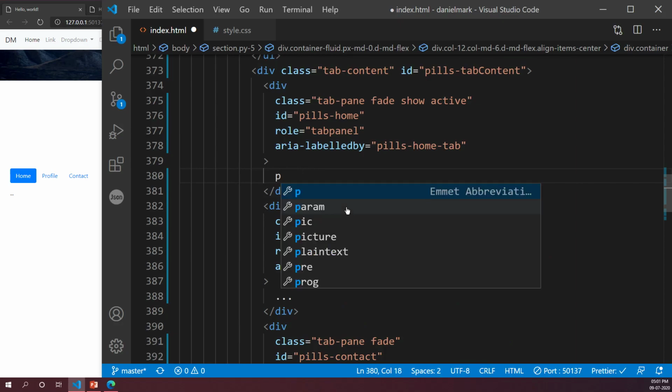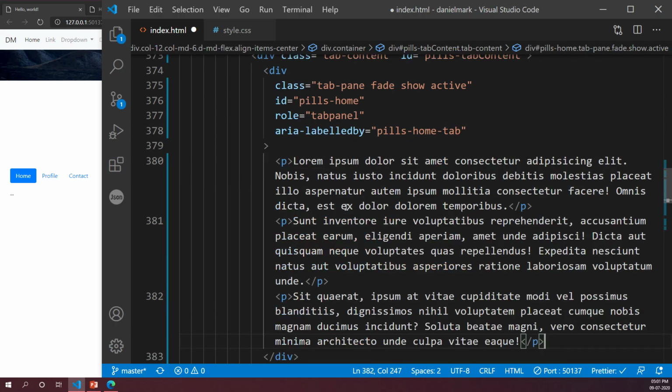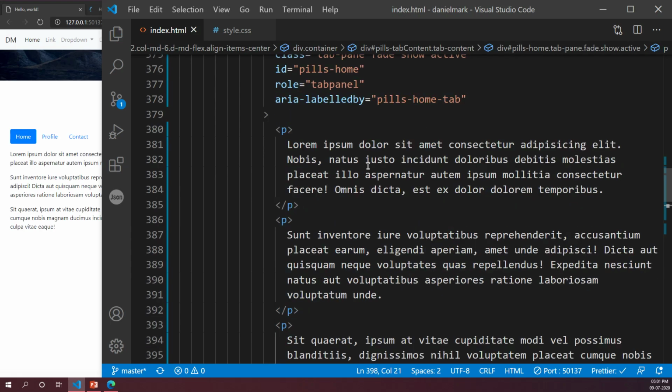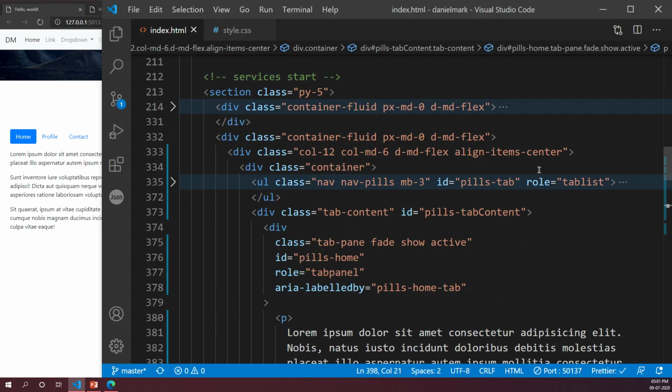I'm going to do 3 paragraphs, and put lorem inside all 3. Done? So 3 different paragraphs, lorem inside all of them. It's not vertically centered. Did you add these classes inside it? Did you put d-md-flex, align-items-center? Did you copy paste all of that inside a container first?